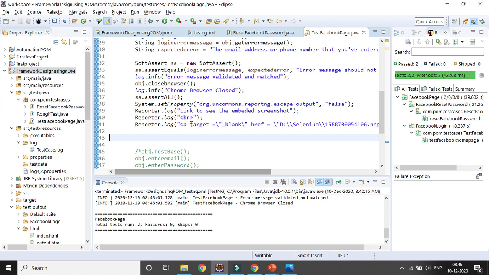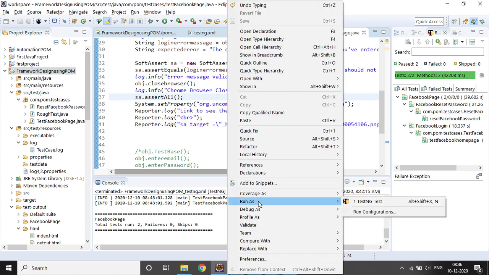If you want to open it in another page, another browser, that particular syntax you need to use after the anchor tag, and this will stay the same, so _blank. And this is the syntax you already know, the slash I have given after the code. Now let's run it. I have already given another break, so that particular link will be coming in a new line. So let's run it and see how it is behaving.